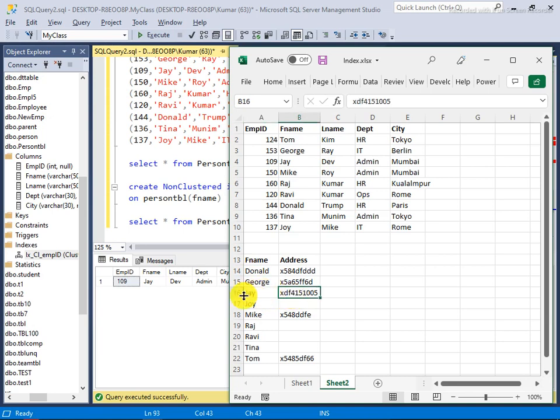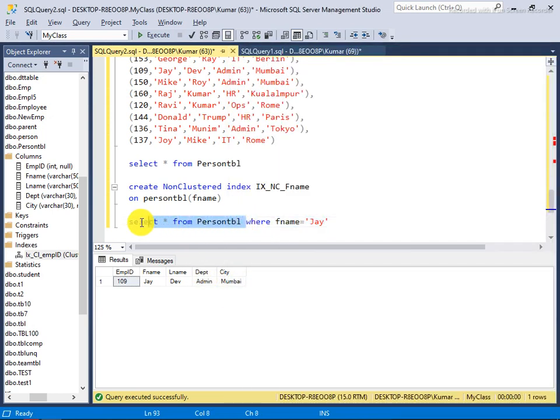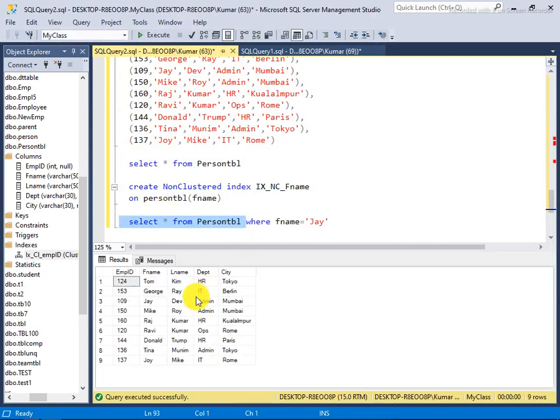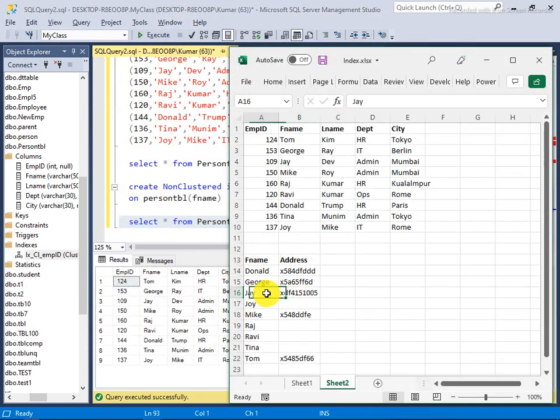It means that in this table j resides on this memory location, so SQL Server goes directly to that particular memory location and fetches all the j records. So maybe j appears n number of times, then it will store all the addresses of j. Okay, so directly it will get all the records which have the f name j, and it will give you quick results.